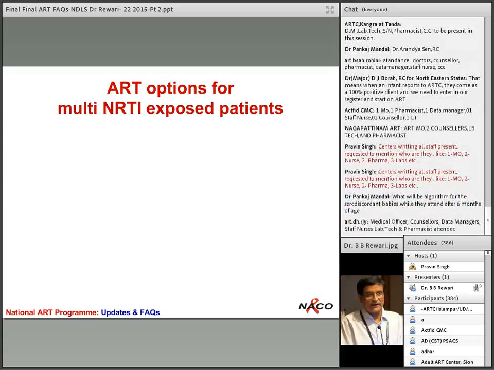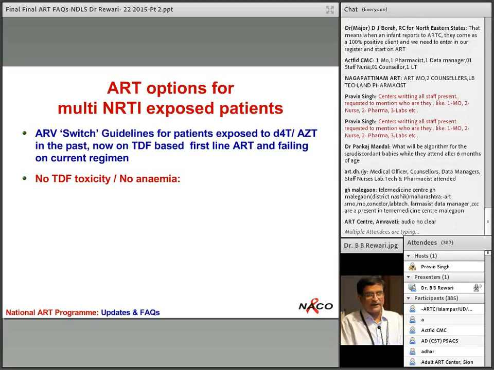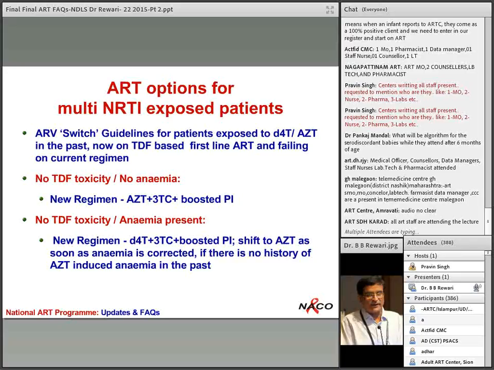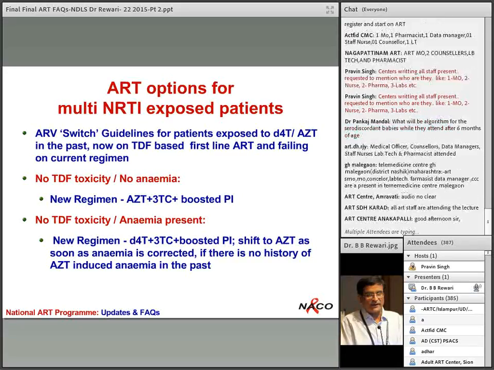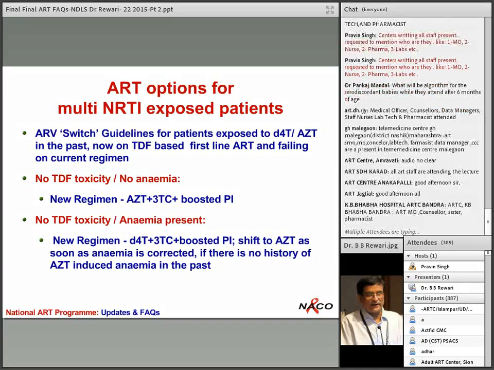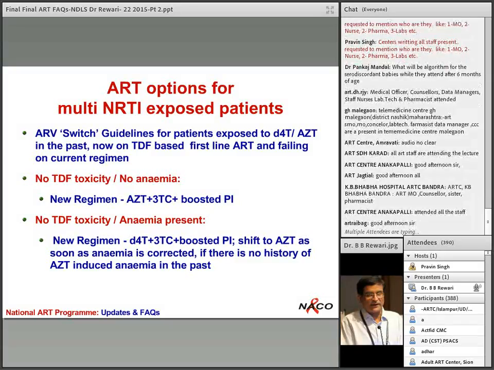But if these patients who are exposed to multiple NRTIs are failing, meaning they require to be switched to another regimen, if there is no TDF toxicity and there is no anemia, basically they can be shifted to AZT 3TC boosted PI. But if there is TDF toxicity and anemia is present where you can't use zidovudine, the new regimen will be a stavudine based regimen with boosted PI, again shifting back to AZT as soon as the anemia is corrected, provided there was no AZT induced anemia. We are emphasizing that if there is a history of AZT induced anemia, we cannot re-challenge the patient with AZT